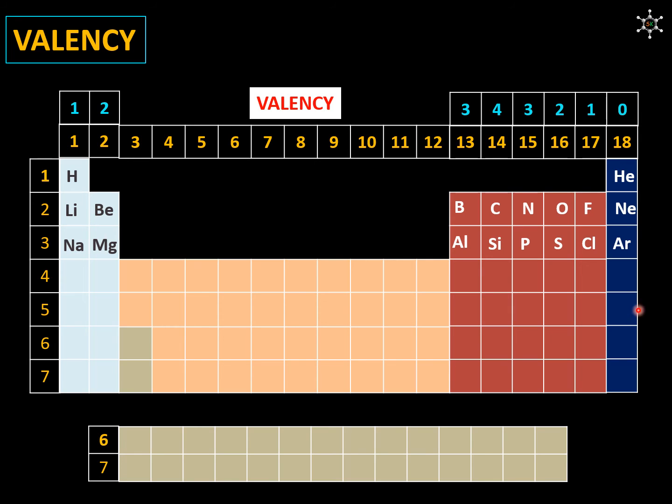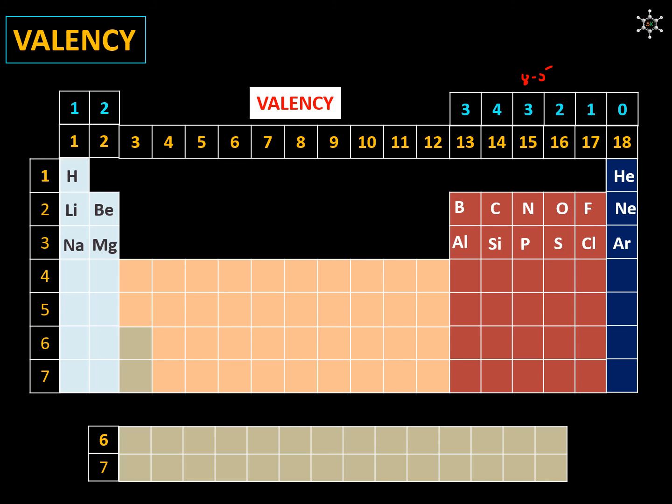Noble gases are inert gases. They do not show any tendency to lose, gain or share electrons. Hence their valency is 0. Specifically for period 2 and period 3, we can tell valency increases from 1 to 4 and then diminishes to 0. To memorize the valency of group 15 to 18 elements, we can just do 8 minus 5.